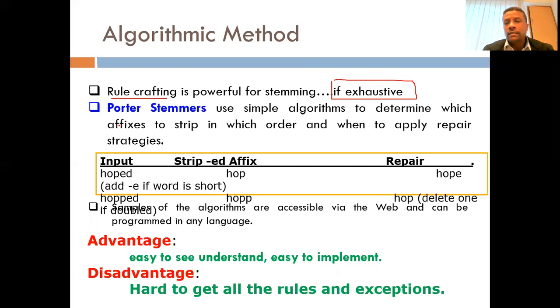So the other thing, the one example that we have for the English language, by the way, the English language is the simplest language for morphological analysis or for any NLP application. We have the Porter-Stemmer, and it uses a very simple algorithm to determine which part of the affix should be removed or not. So for instance,